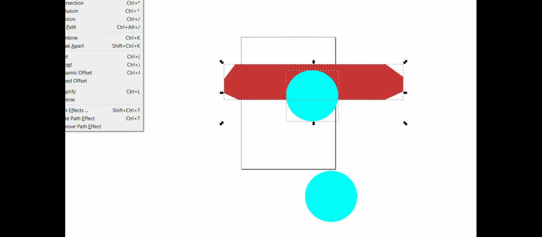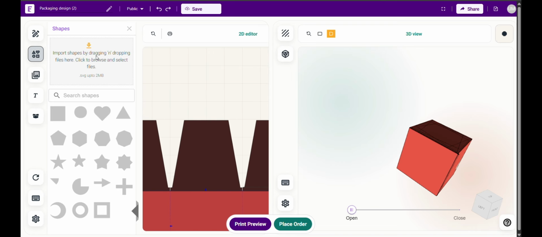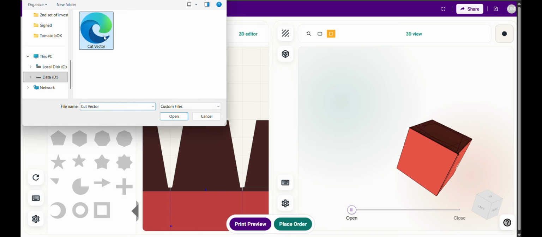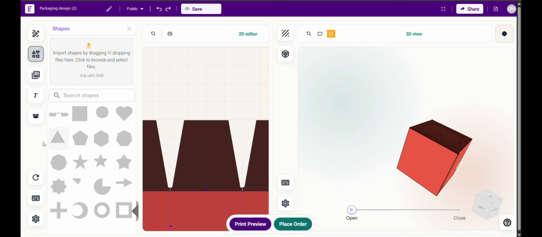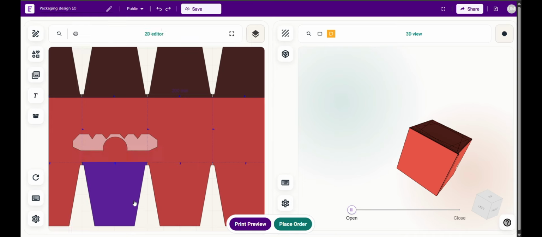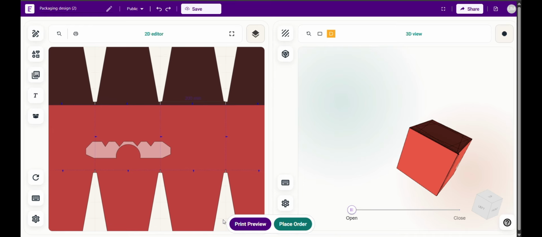If you need a specific vector shape to be designed separately in Illustrator applications, you can pretty well do that at your ease, and once done, you can save the file in SVG format in the local disk. Later, this can be imported into the Folding Company app to use it in your packaging design. Once imported, you can do final edits including color changing, resizing, or even critical shape edits, just like professional vector